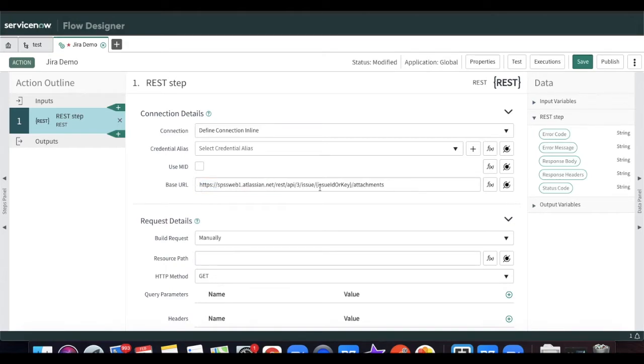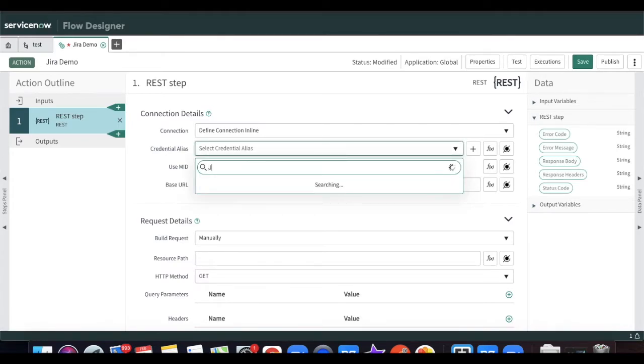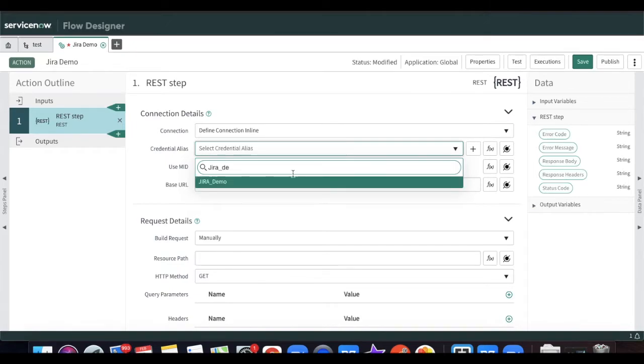Now the next thing is that I have to set the credential here. So I'll put the Jira demo here and select that.